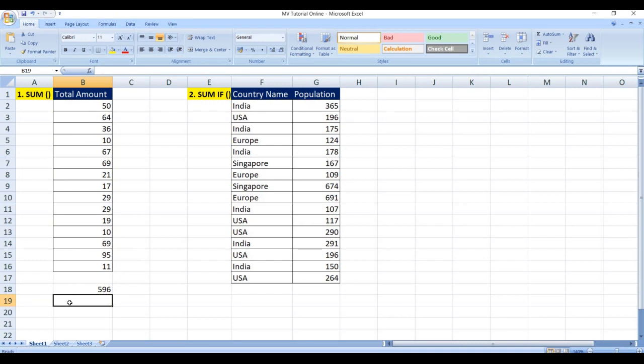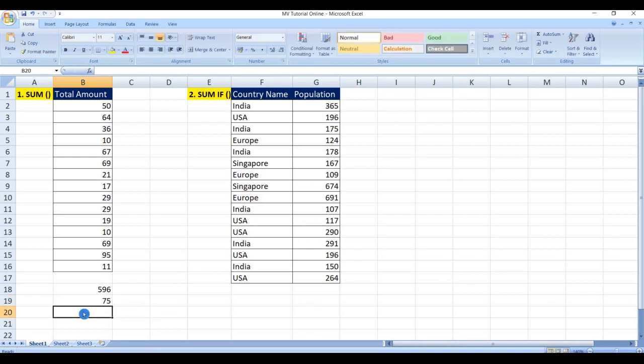Now for a quick action, if we want to add two numbers by using the SUM function, let's see how to do this. Equal to SUM, 35, 40, and close the bracket and click on enter.